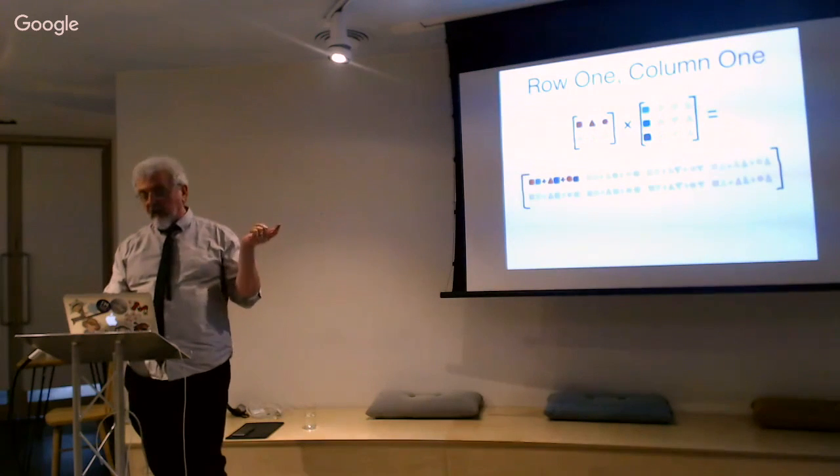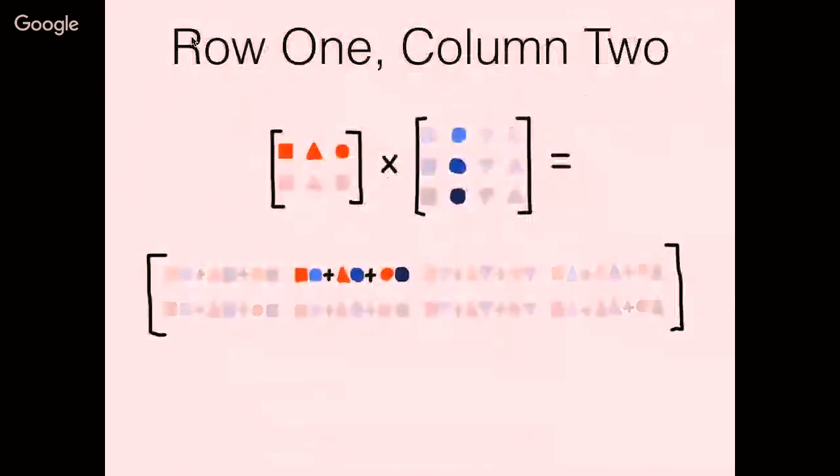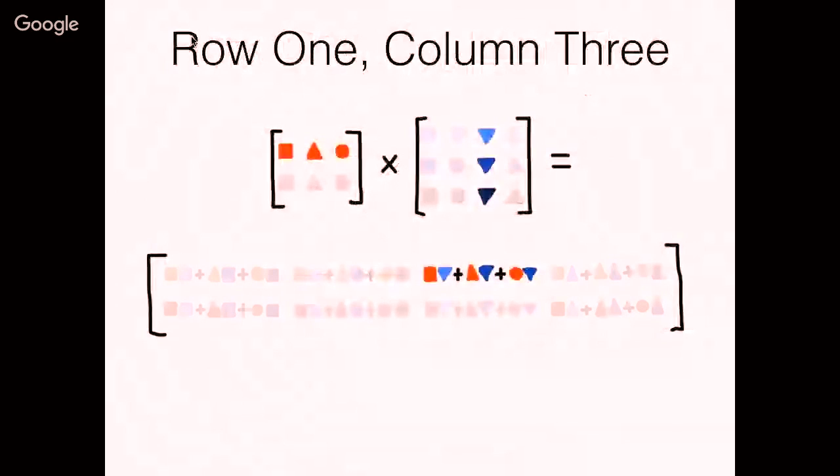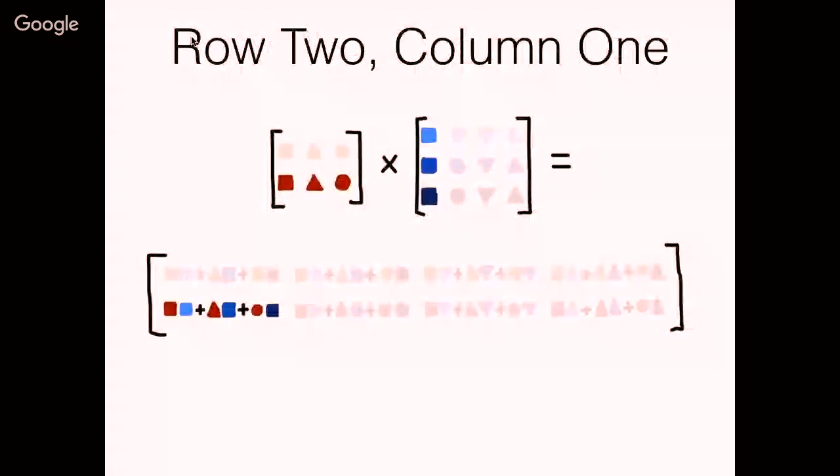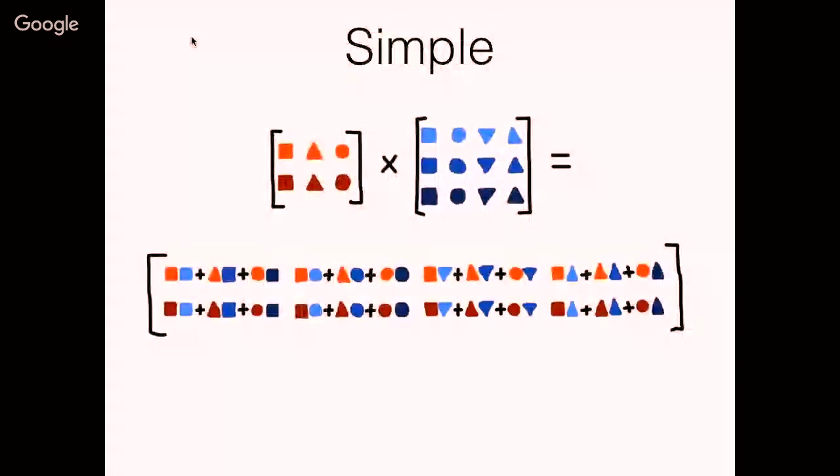So row 1, column 1, row 1, column 2, you do exactly the same thing. Take the row, turn it through 90 degrees, multiply it out, add the terms together, put the result in the first row, second column. First row, third column, do exactly the same thing. First row, fourth column, do exactly the same thing. And then you just work your way through the entire thing. So you end up with a matrix that's got the same number of rows as the first one and the same number of columns